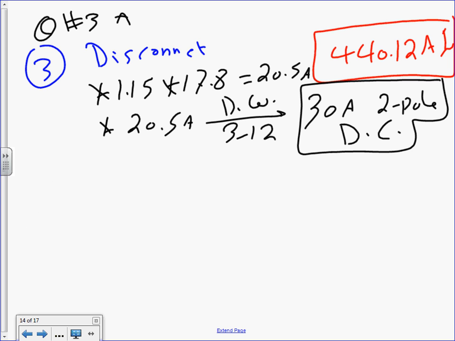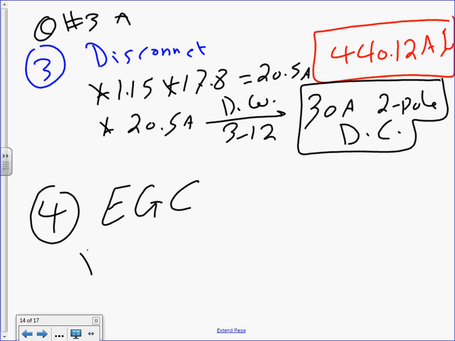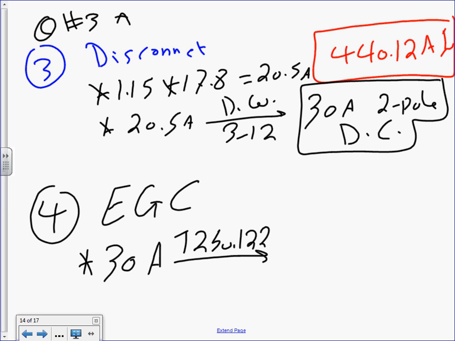Okay, the last thing we have on this particular one is number 4. Number 4 is the equipment grounding conductor. What you do for the equipment grounding conductor is you take your 30 amps. We did that yesterday. Table 250.122. And that will get you a healthy one conductor number 10